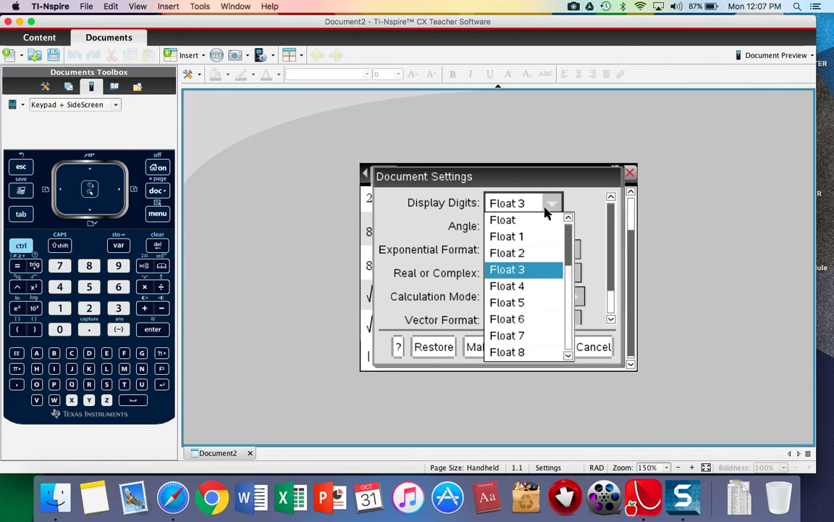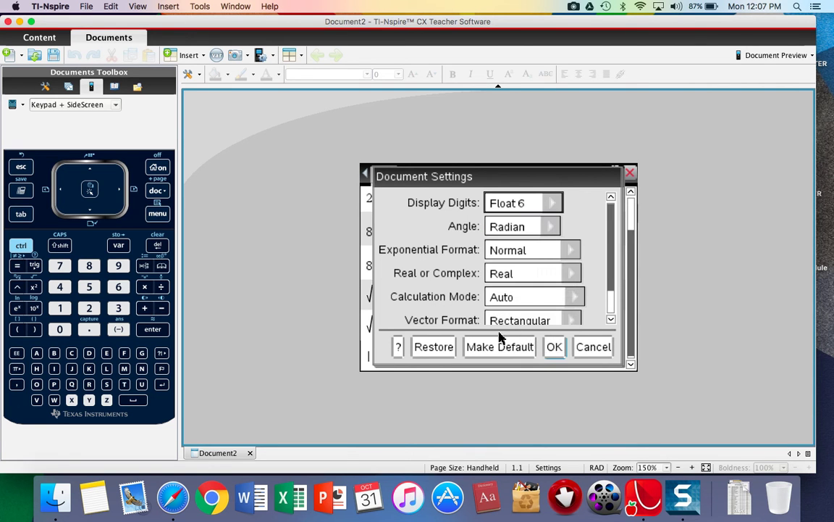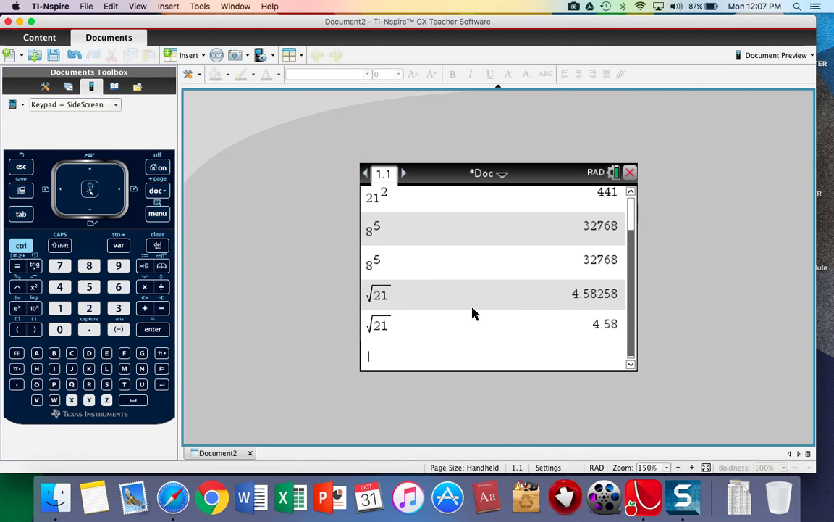For example, you can have up to 12 significant figures here. But generally you would like to have only up to 3, right? But I would recommend that you have it up to 6. As a default, you have 6 significant figures. Okay, I'll make it the default. Now,